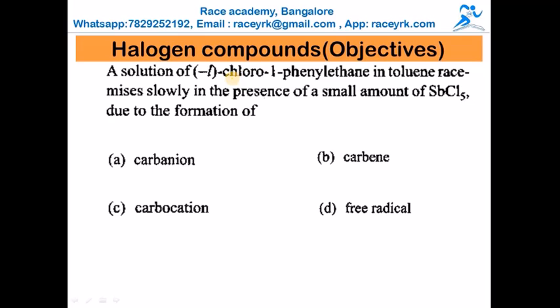The given compound is nothing but 1-chloro-1-phenyl ethane. This is a levorotatory compound. So you can write this chlorine on the left side of the reaction. I am going to write that as Cl, CH, Ph, Ph means phenyl, and one more CH3. This is what I can call the given compound.